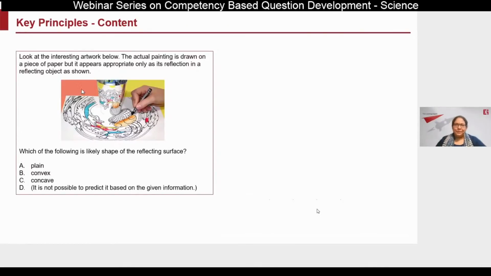Okay, one more example, and it has a nice picture and simpler questions, but a very interesting idea, right? Very interestingly, it checks the understanding of convex and concave. I have a picture drawn, and then there is a surface, and on the surface there's a reflection on the basis of which students have to respond. Good question, okay question, bad question. What do you think?